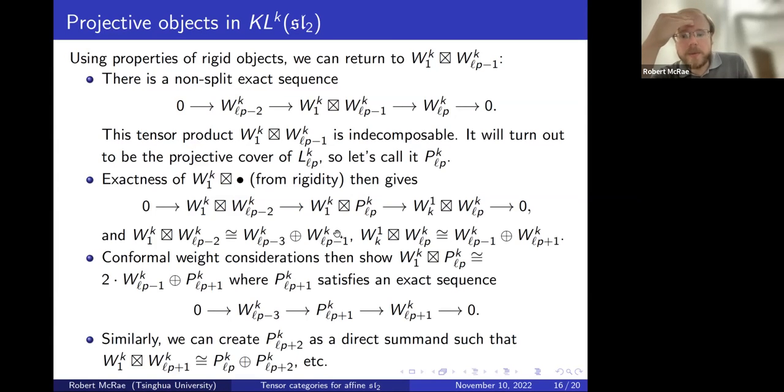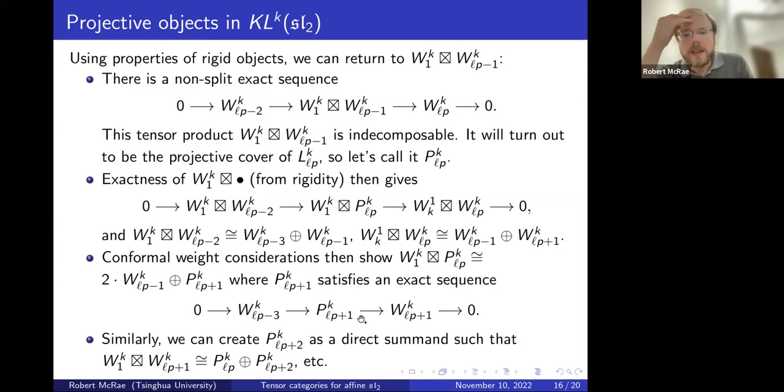Both of these direct sums contain a WKLP minus 1 submodule, which implies that the fusion product module in the middle is going to contain 2 copies of this module, but then there are 2 more composition factors which combine into another direct summand, which we will call PKLP plus 1,